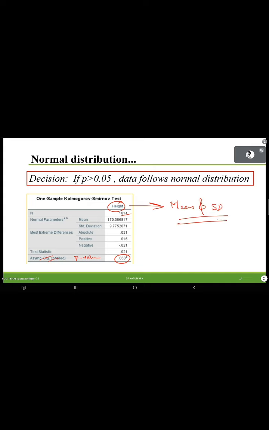If you want to summarize the variable height, you should report mean and standard deviation. The software will display everything: mean, standard deviation, minimum, maximum, smallest value, largest value, the quartiles, upper quartile, lower quartile, median value, everything. But it is your duty, based on the normality, to identify which summary measure you are supposed to use. While checking the normality, we observed that height follows normal distribution. So we are going to summarize the variable height in terms of its mean and standard deviation. Here also that is available. Otherwise, you should use the option madam already explained to you. It's clear now up to here.